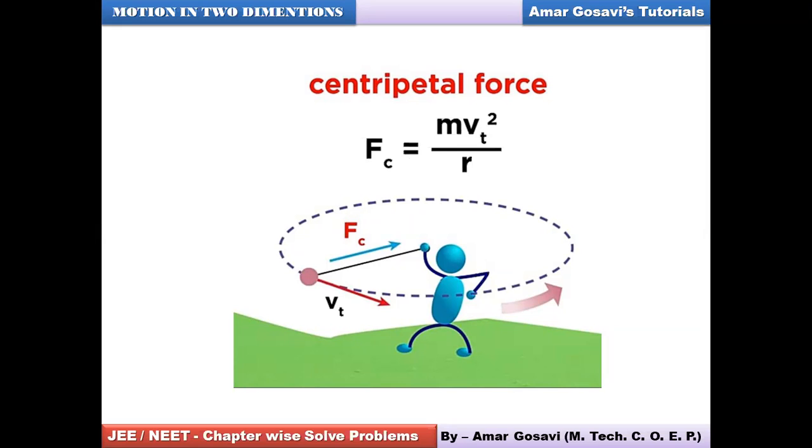Today's derivation is a very crucial part of understanding circular motion. Again, force can also be interpreted as mass, represented by m, multiplied by acceleration, as per Newton's second law. That acceleration here is Vt square by r. This acceleration is centripetal acceleration, and we are about to derive this equation. So let's proceed further.